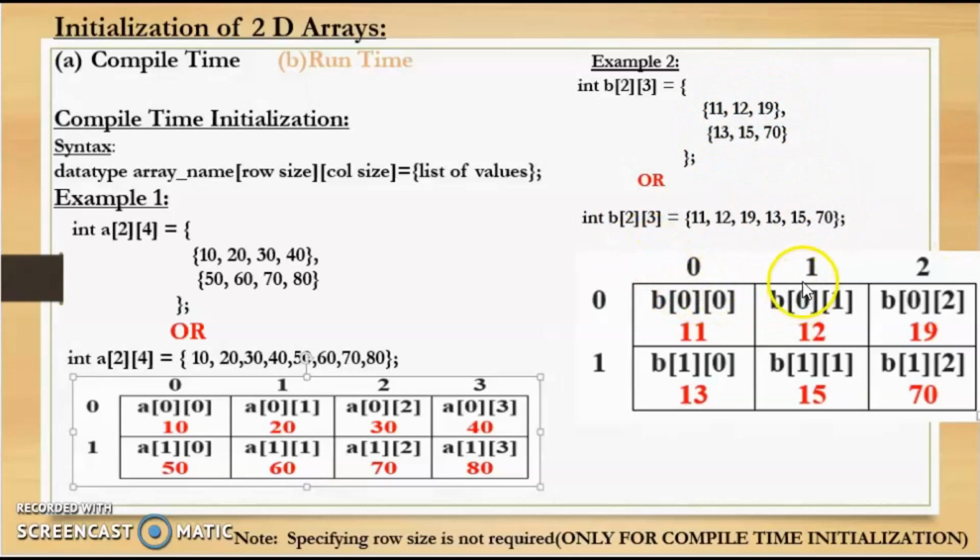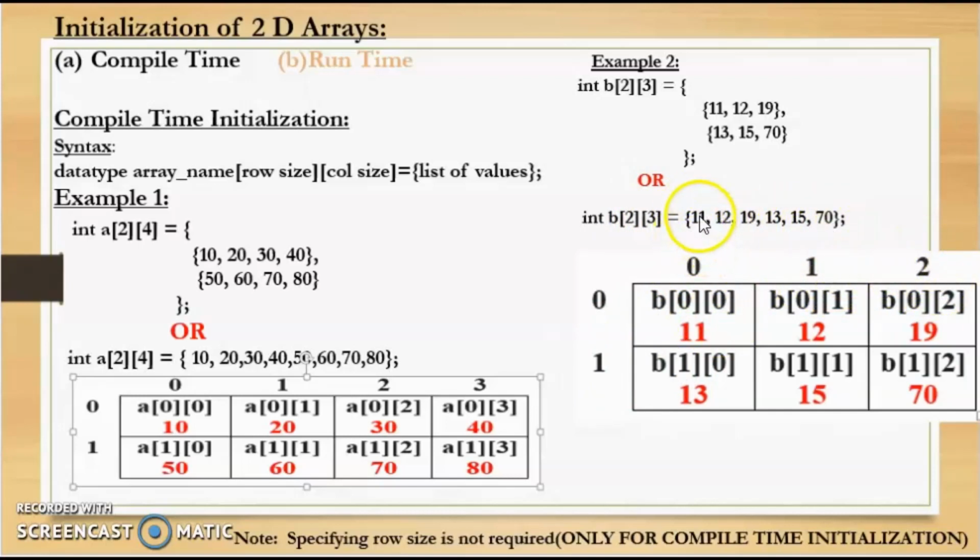So after inserting, we will get this two-dimensional array. That is, we had mentioned 2 rows, so we have 2 rows over here. Since rows start from 0, this will be the 0th row and this will be the first row. Then we had mentioned 3 columns, so we have 3 columns. Since columns start from 0, this will be the 0th column, this will be the first, and this will be the second. And the elements will be inserted in order.